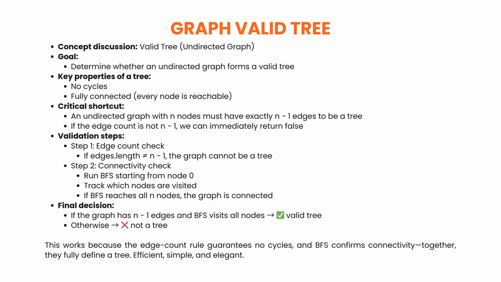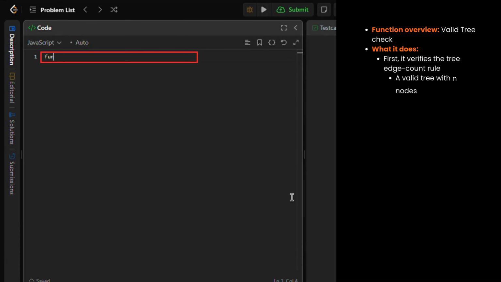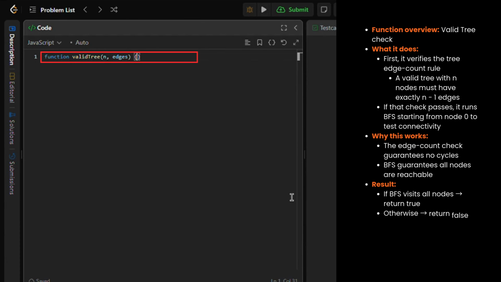The concept discussion. To confirm an undirected graph is a valid tree, we need two things: 1. No cycles, and 2. Everything is connected. There's a super helpful shortcut here. For an undirected graph with n nodes, it can only be a tree if it has exactly n-1 edges. So we first check that. If it fails, we instantly return false. If it passes, we then run BFS from node 0 to verify connectivity, meaning we can reach all nodes. If BFS visits all n nodes, it's connected, and because we already confirmed the edge count is n-1, it must be a tree. This function first verifies the edge count rule for trees, then uses BFS to ensure the graph